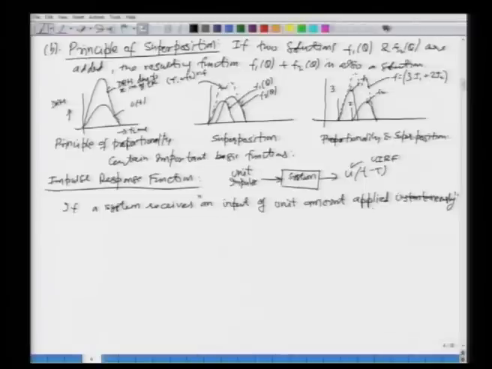What is this? This type of input is actually called a unit impulse input. So, if somebody asks you what is a unit impulse input, well, it is an input of unit amount occurring